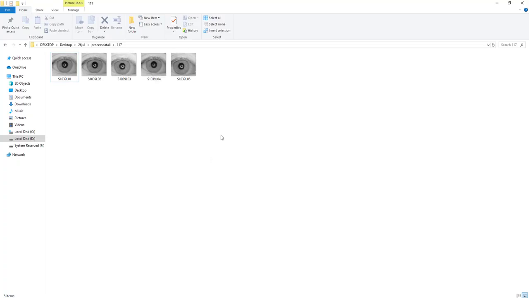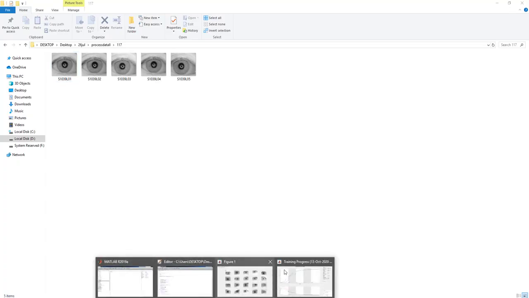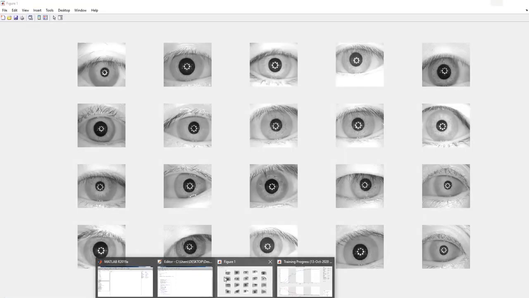It is much more unique than the fingerprint system, and the iris recognition system is basically used in very high security areas. These days iris recognition also comes into mobile, but mobile iris recognition is limited to a few samples only.